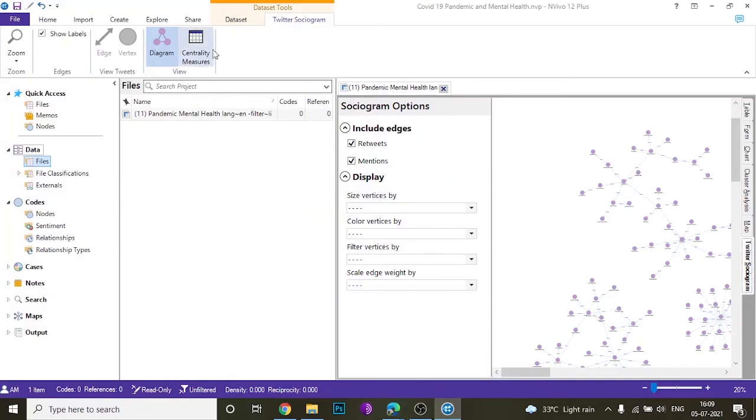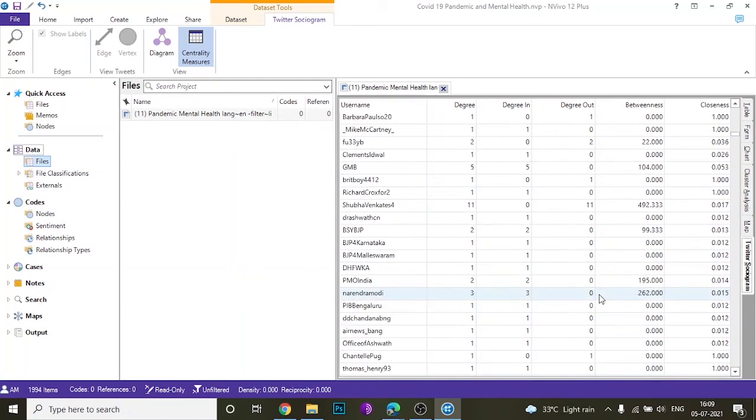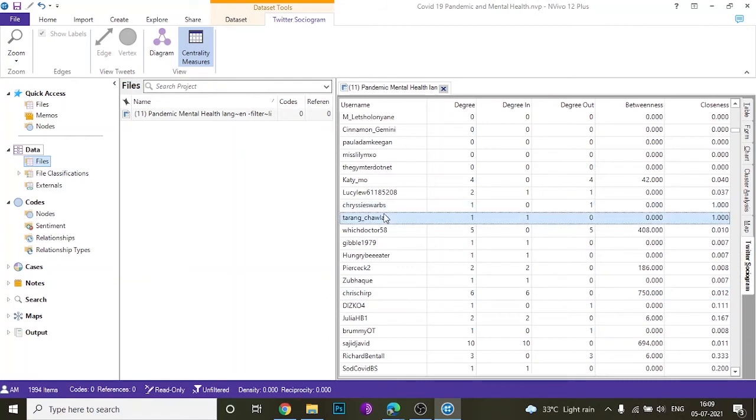NVivo has limitless possibilities, and this is central measurement. The central measurement is basically the measurement of where the data is originating from. As you can see, there are certain values here. So generally